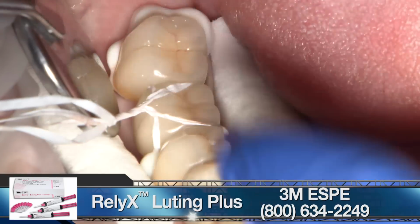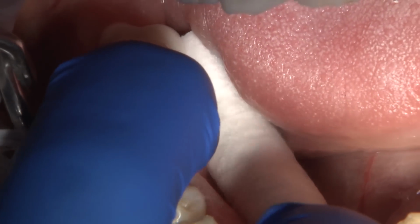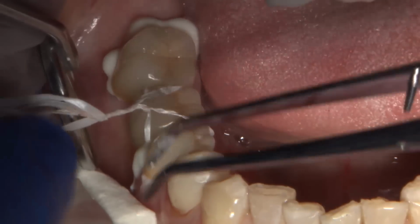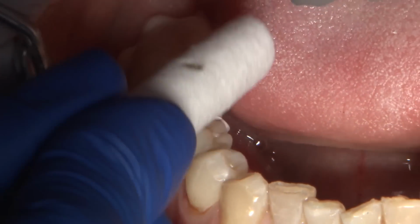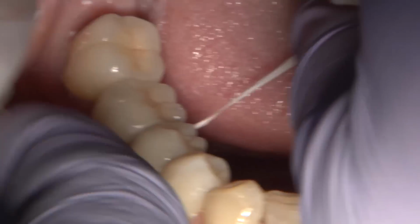You can see here that my assistant provided me with two strings of floss, each placed under the connector area to help me hold and guide the prosthesis in such a way that it will glide passively along the common path of insertion, ensuring a complete seat. All the excess cement was removed